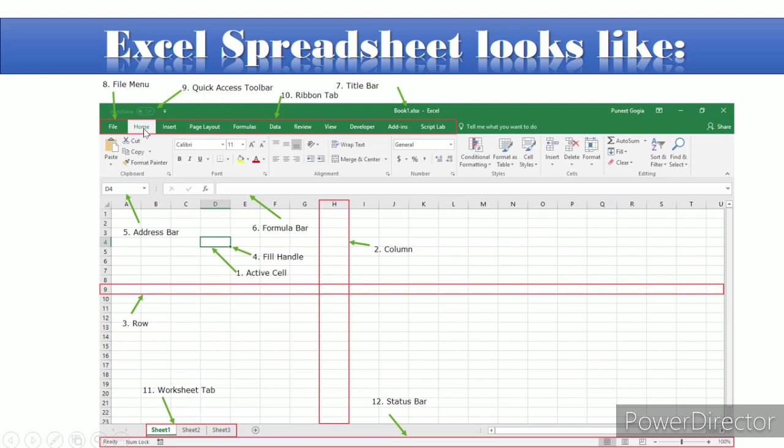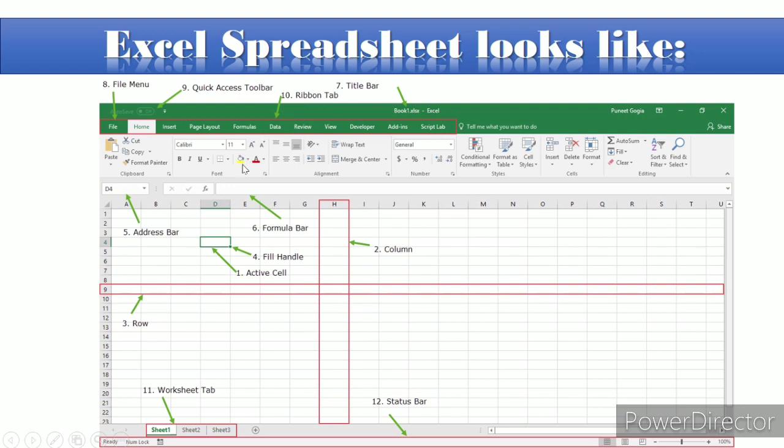with the selected tab. जैसे यहाँ पे home tab हमने select किया है, so जो होम टैब से रिलेटेड ऑप्शंस होंगे वो हमारे पास यहाँ पे अवेलेबल होंगे. When we select the insert tab, we select the page layout tab, then the related options will be there, and this part is known as ribbon. Ribbon tab जो होता है आपका just below the menu bar.